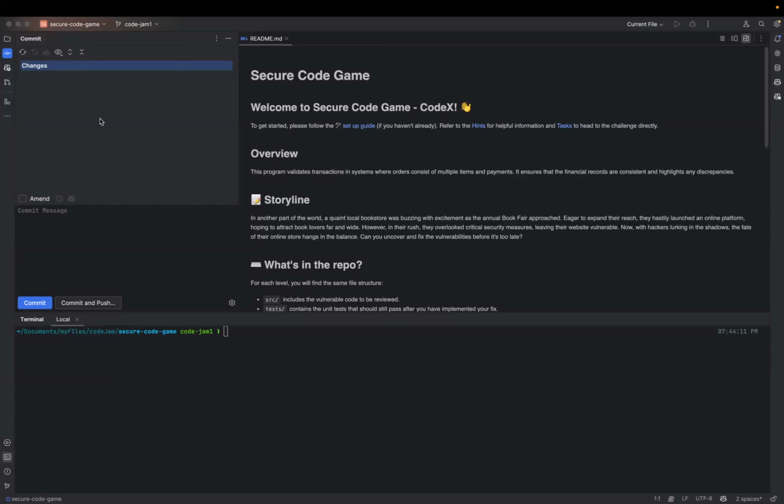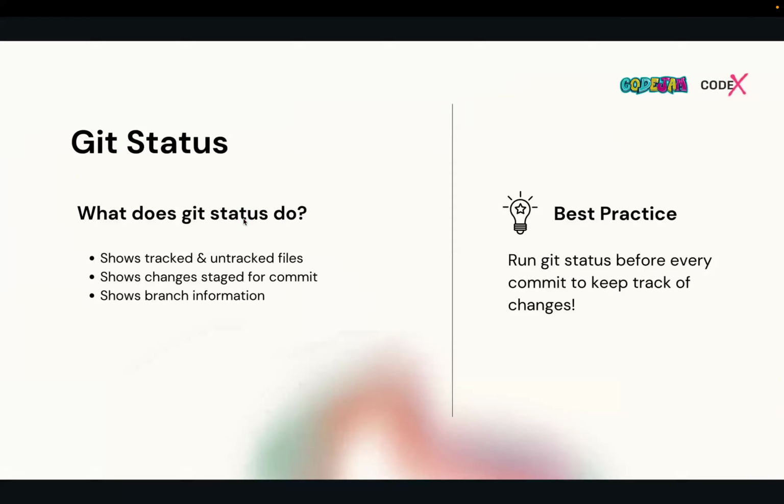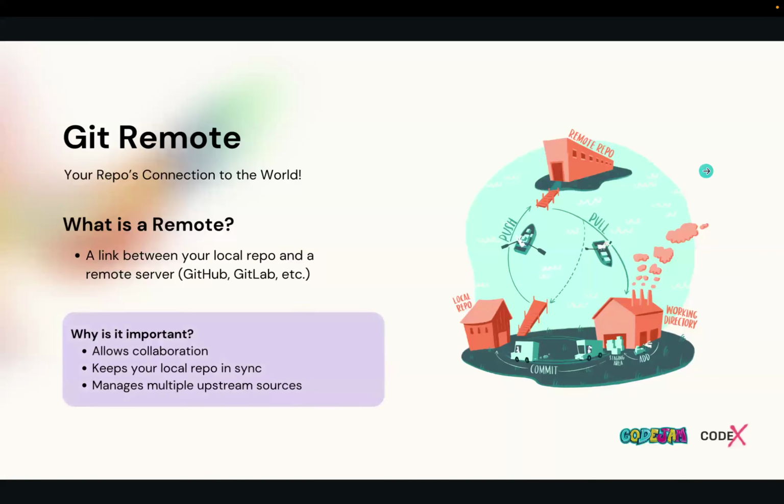staged or not. Also you can see it in the VS Code Git section, and you can commit them using commit messages from the UI as well. Here, when you are working in the command line, git status is very informative and very essential before committing, because it is essential to know what things we are going to commit, right? What things we are going to add or stage. So it is very essential to hit git status and see the things that we are going to commit.